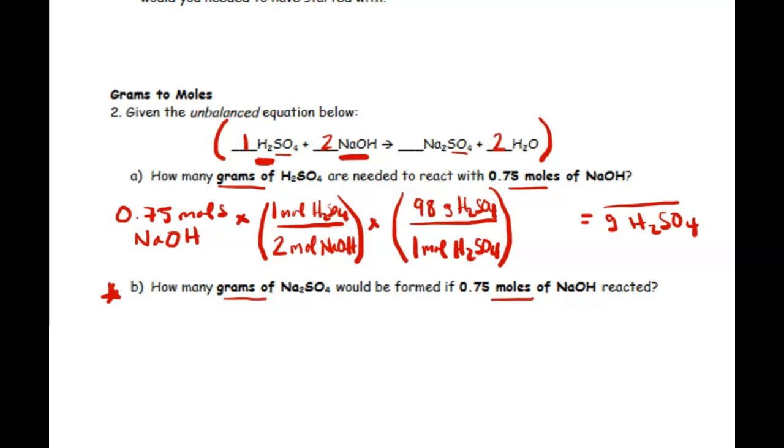And if you don't believe me, we can cancel these out. Nice blue color. Do I have blue? Blue. So moles of NaOH, moles of NaOH, moles of H2SO4, moles of H2SO4, and it's in the units that we want. So all we have to literally do is math. Just plug this in: 0.75 divided by 2, that number, times 98 is going to give us 36.75